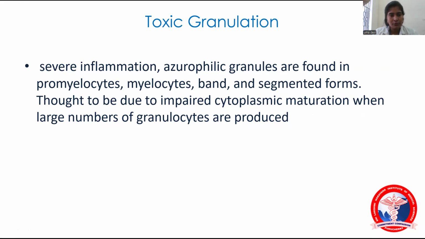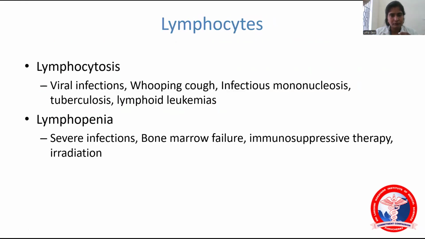Okay. So a large number of granulocytes are produced in inflammatory conditions. And these are nothing but eosinophilic granules, also seen in all the maturing cells of WBCs. Next, we see